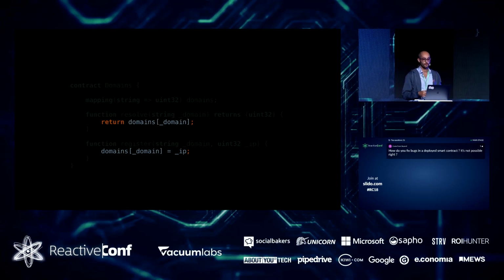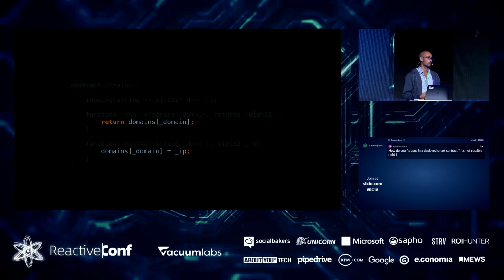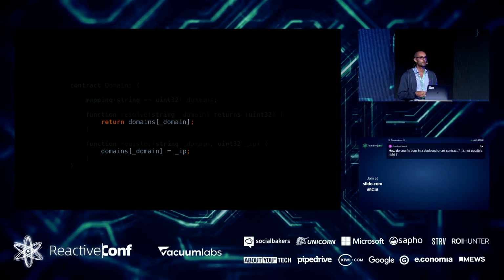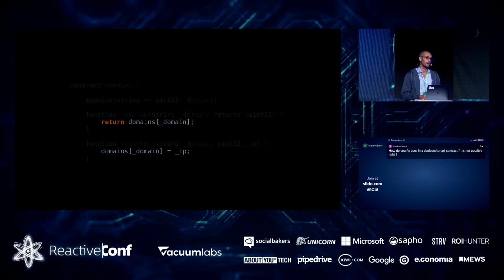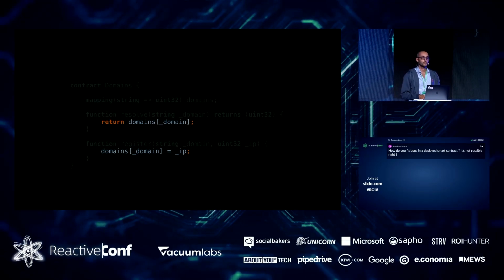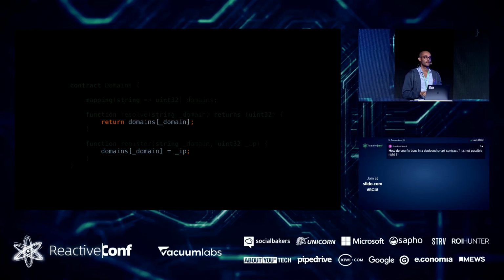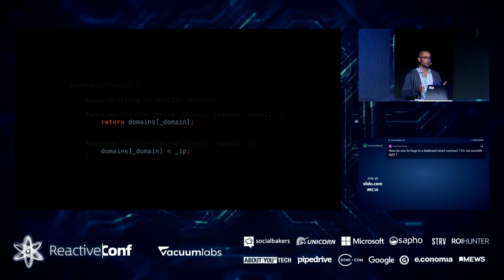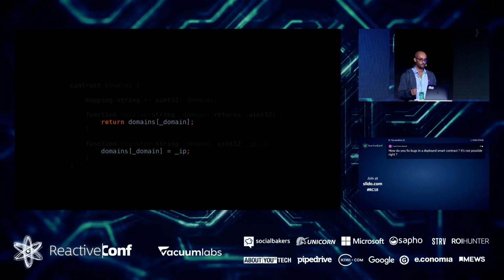Really simple and easy. But if you want to register a new IP, things become a lot more complicated. Think about someone trying to spam my network and register, I don't know, 1,000 IPs or 1 billion IPs. And since the same database is going to be replicated for the whole Ethereum framework, they can make it really, really huge. So we want to limit people so they can't just fill the database with crap.